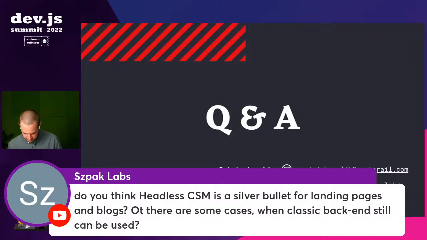Do you think Headless CMS is a silver bullet for landing pages and blogs, or are there some cases when the classic backend can still be used? I don't know if you mean by the classic backend a traditional CMS, as opposed to a Headless CMS, like WordPress. Of course, it still can be used, and as I said, WordPress is good and it powers a big part of the internet, and it's probably not going anywhere